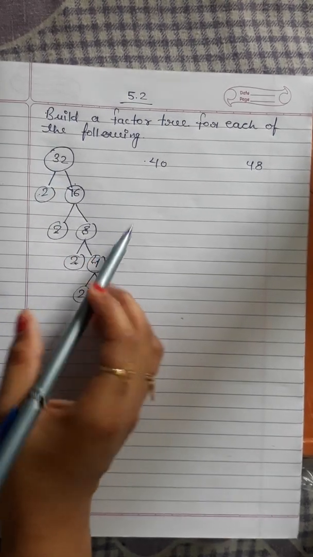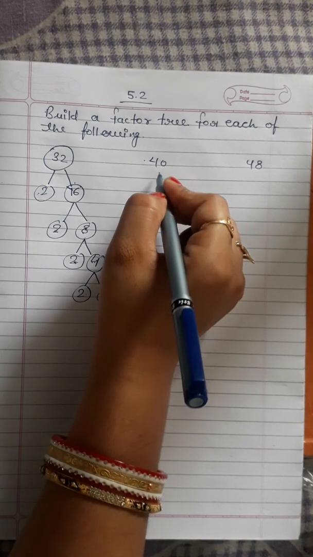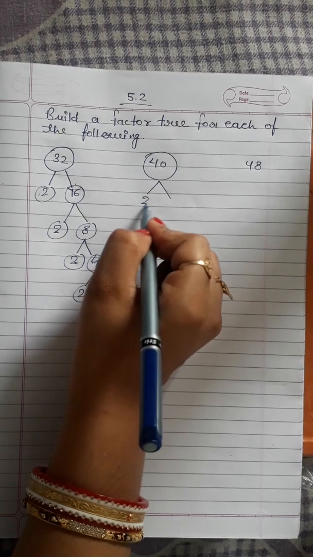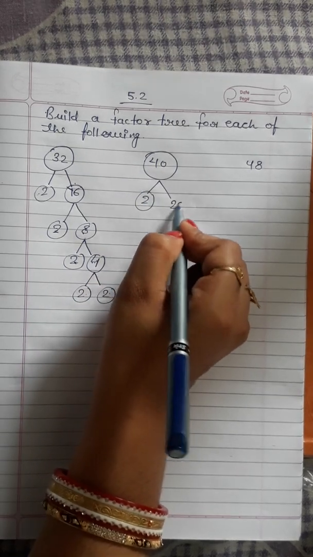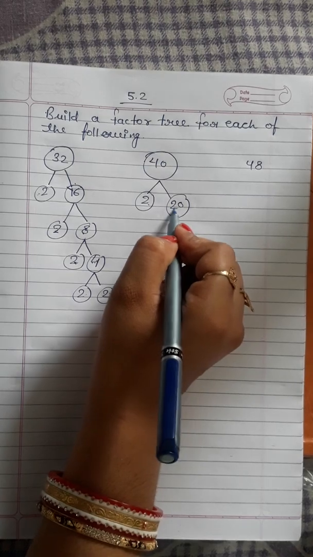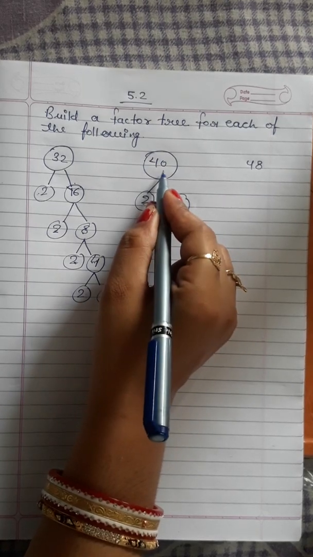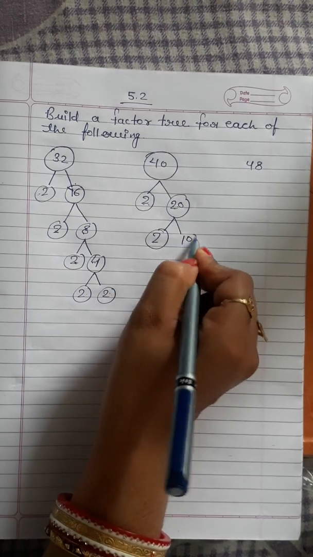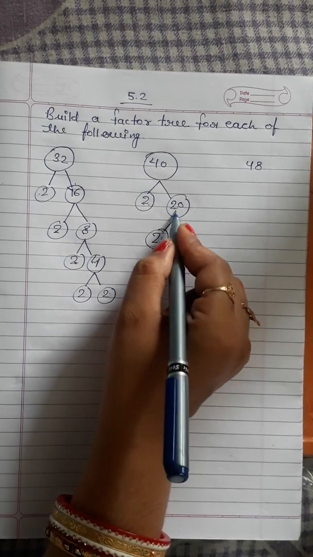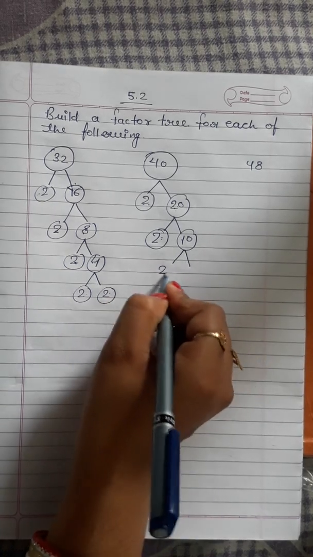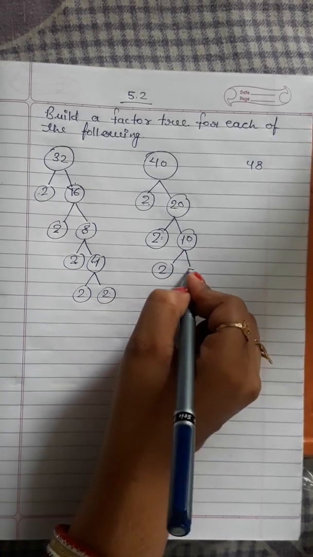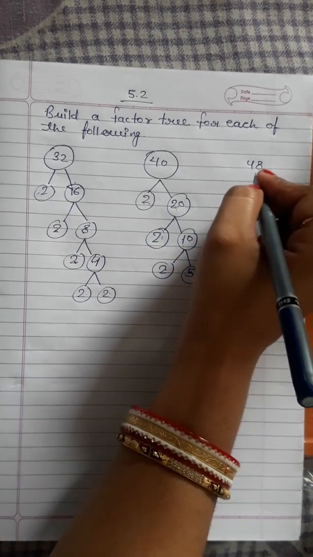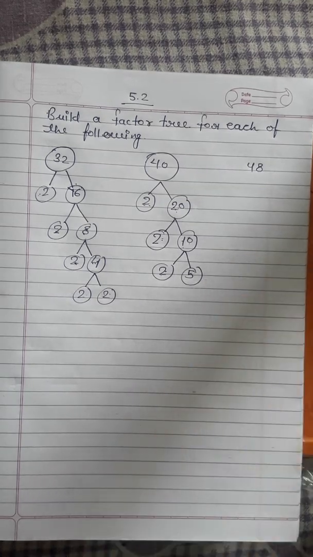After that we move to the next one, here we have to find the factors of 40 by using the tree method. Okay, first we just divide it by 2, so we will get 20. And 20 and 2 both, when we multiply, will give us 40. Now we divide 20 by 2, so it will give us 10. When we multiply these two, we will get 20. Now when we divide 10 by 2, we will get 5, and this 5 multiplied by 2 gives us 10. So by the same method you will solve this question.